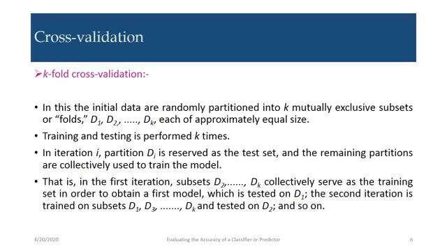In the second iteration, the training set is D1, D3 up to Dk, and it is tested on D2, and so on. So in k-fold validation, every time one particular partition is reserved as the testing set, and all the rest of the partitions are taken as the training set. Once we make a classifier using the training set, we apply that classifier on the testing set to find out the accuracy of that model. Like that, in k iterations, we find the accuracy and finally calculate the average accuracy.